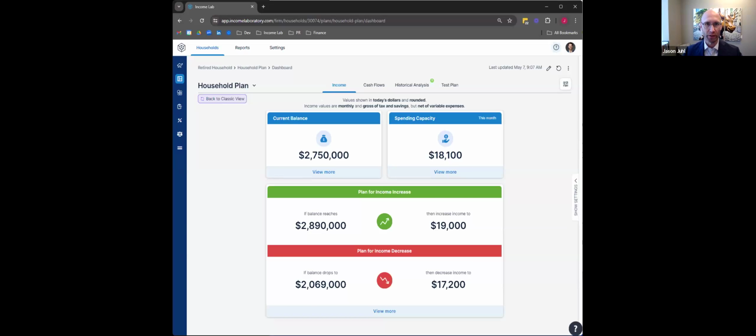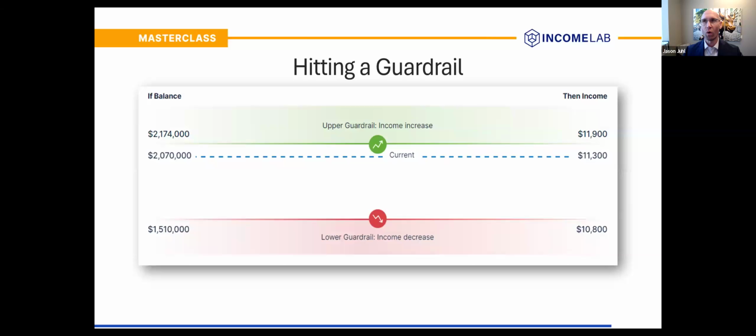We hit a lower guardrail, and it does recommend reducing income. What we've found is most clients naturally tighten up their purse strings in a down market. It's not that we have to encourage them to do so. More times than not, they actually want to tighten their purse strings even more so than what the software is recommending. And so the conversation is more about the markets and the speed in which markets recover and the strength